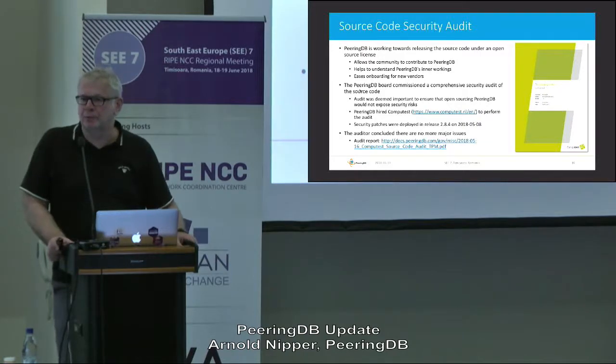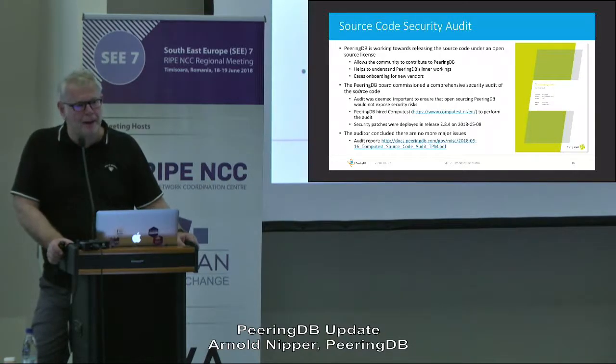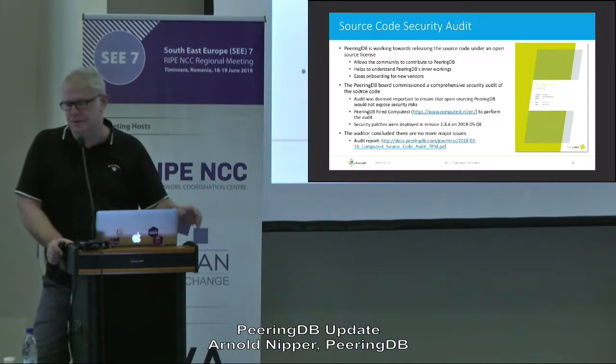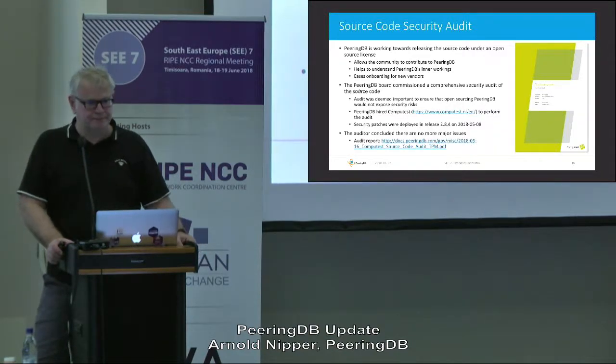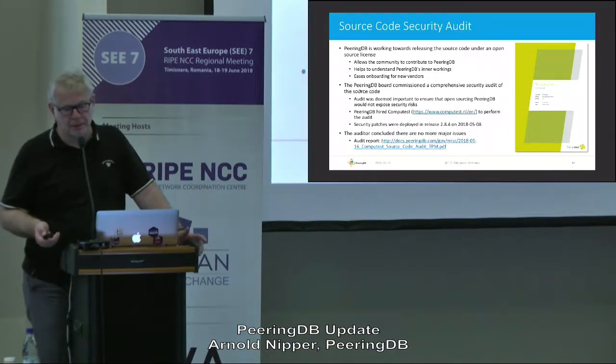I've talked about what we did fixing security bugs in PeeringDB. We want to make the PeeringDB source code public domain, and for doing that, we had a source code audit. If you want to know more about it, this is the URL. You can read what the auditors said. There are no major issues with the code, and I guess in the next month or the next two months, we will make the PeeringDB source code public domain,